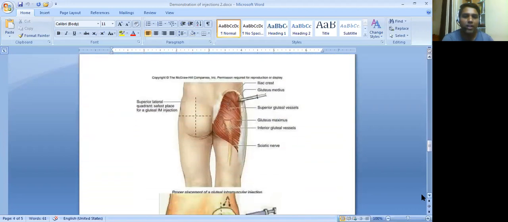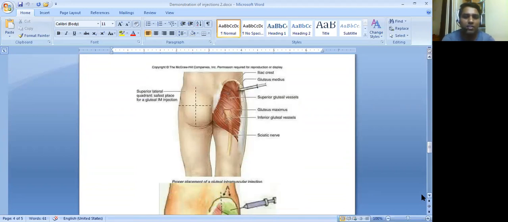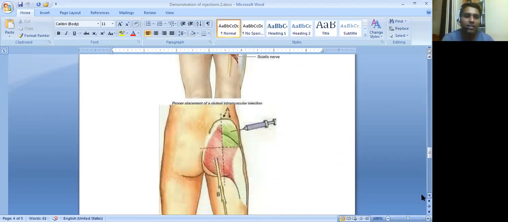Then what are the common areas where we can give intramuscular injections? The intramuscular injection is generally given in the upper outer quadrant of the buttock. Here the muscle present is the gluteus maximus, and the nerve supply and blood supply are very less here, so damage to nerve or blood vessel is very rare. That's why we should give the intramuscular injection in the upper outer quadrant of the hip or gluteal region.